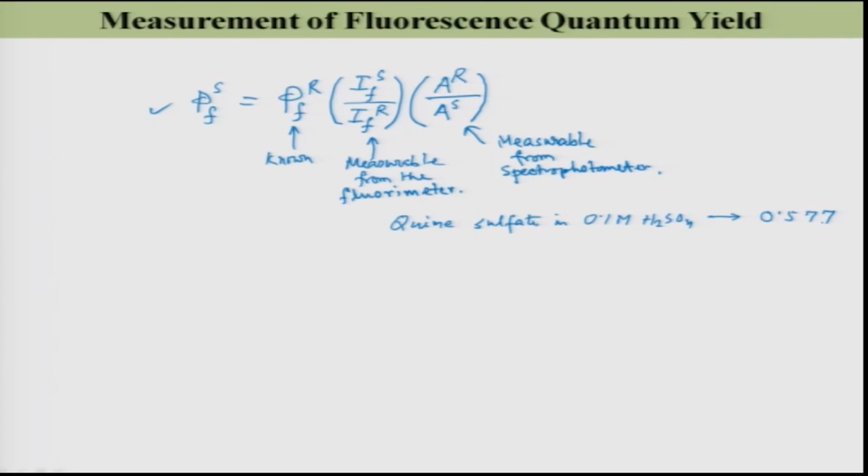So, you can also use rhodamine 6G in ethanol. This is known, 0.940. So, there are several such known molecules in the literature, which you can use depending